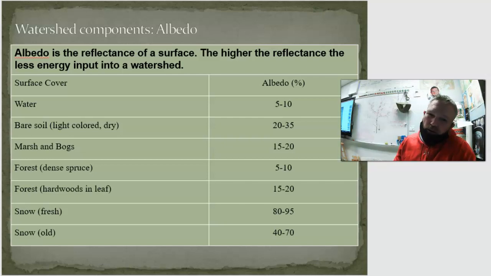There's this other thing called albedo. I don't know to what degree, but surely I'll put it on the test or quiz. Basically, albedo is just the reflectance of a surface. The more reflective the surface is, the higher the albedo value, and that albedo value is like a percent of reflectance.